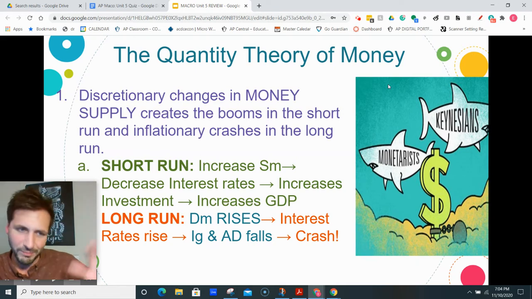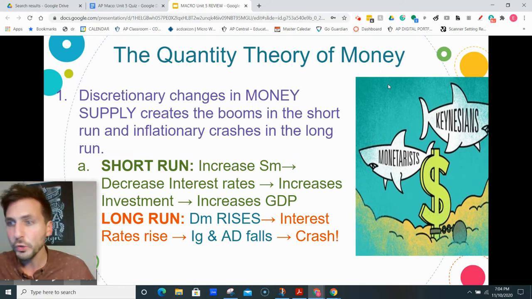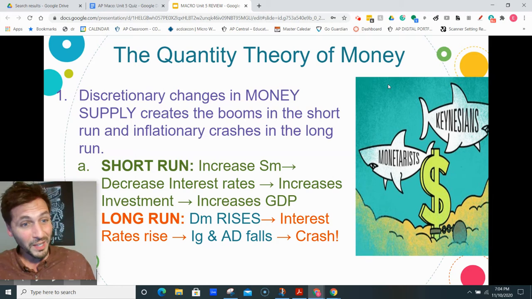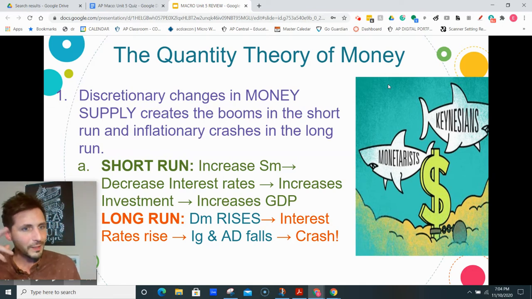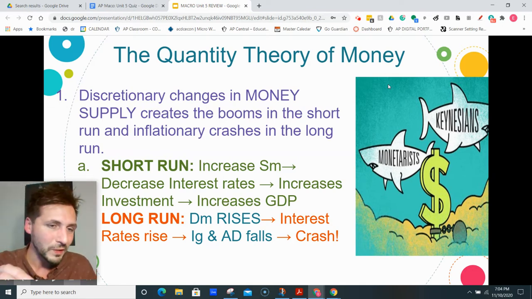Now, normally, yes, that results in a decrease in GDP and a crash in our economy, but it actually doesn't push our prices down. We normally show when aggregate demand shifts to the left, price level falling, but in reality, in practice, prices are sticky downwards. Businesses don't like to lower their prices. And so we are kind of stuck with the higher prices of this and left with another crash.